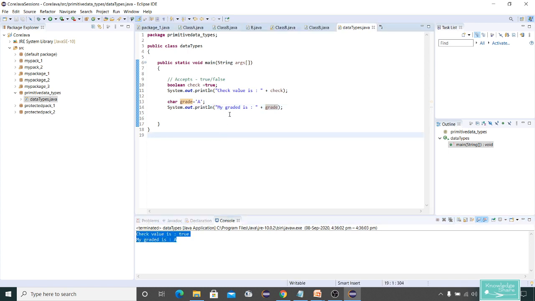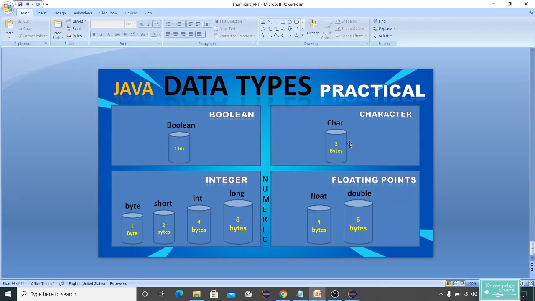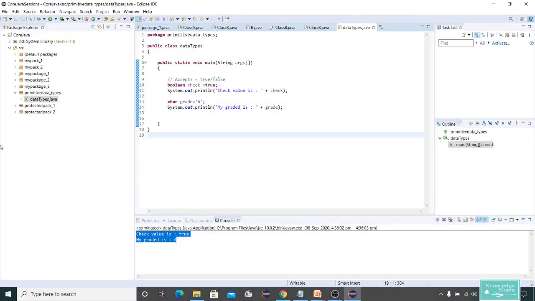Here, what is the size of character that we said? 2 bytes. And it should have some specific range of acceptance. For example, boolean accepted just true or false, right? In this character, it accepts 2 bytes, that is 16 bits, and you also have ASCII values.